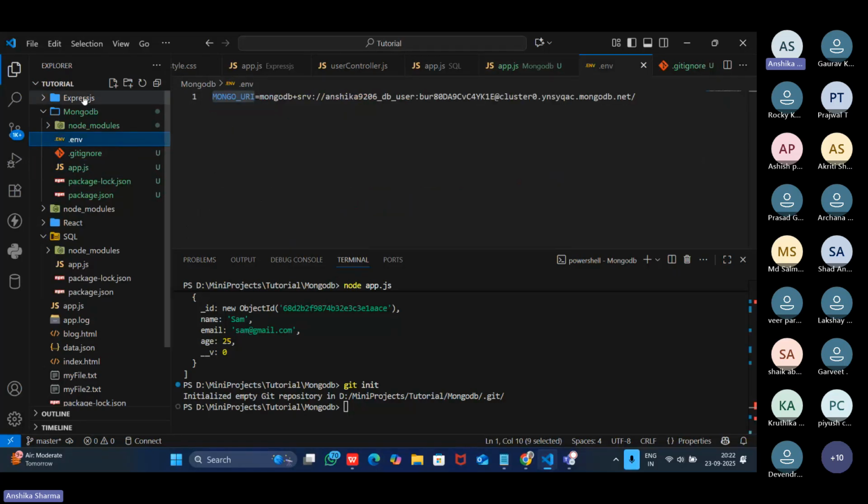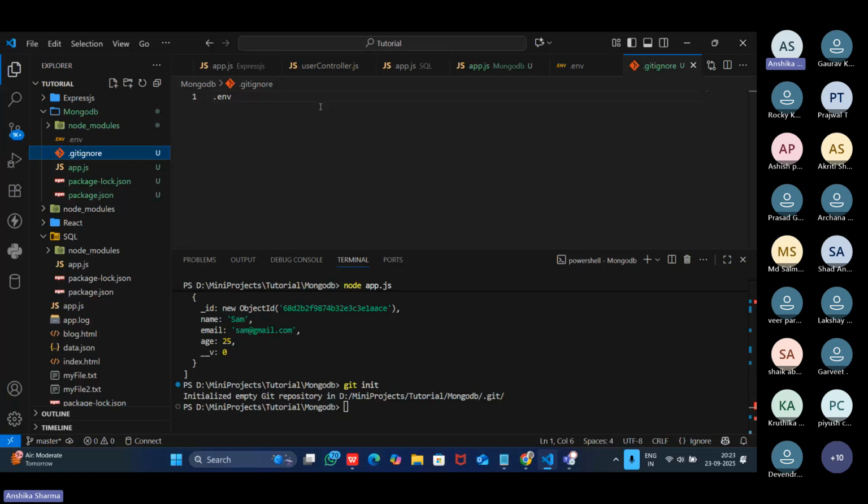Why is that so? Because this .env file is not getting shared, it will just let the other people know that this .env file has been protected, right? So that is how you will be able to protect your .env file,